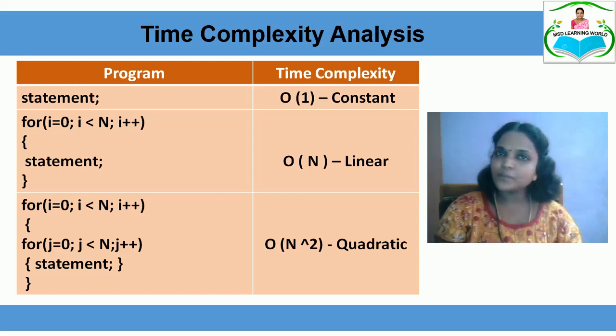Now coming to the third example, when you have nested for loops, the outer loop is the i loop and the inner is the j loop. The outer for loop will be executed n number of times and the inner for loop will also be executed n number of times. So the statements present inside the inner for loop, that is the j loop, will be executed n number of times, so n into n, it is order of n square. So the time complexity of the nested for loop is n square. Whenever we have a nested for loop, we perform the multiplication rule for finding the time complexity.